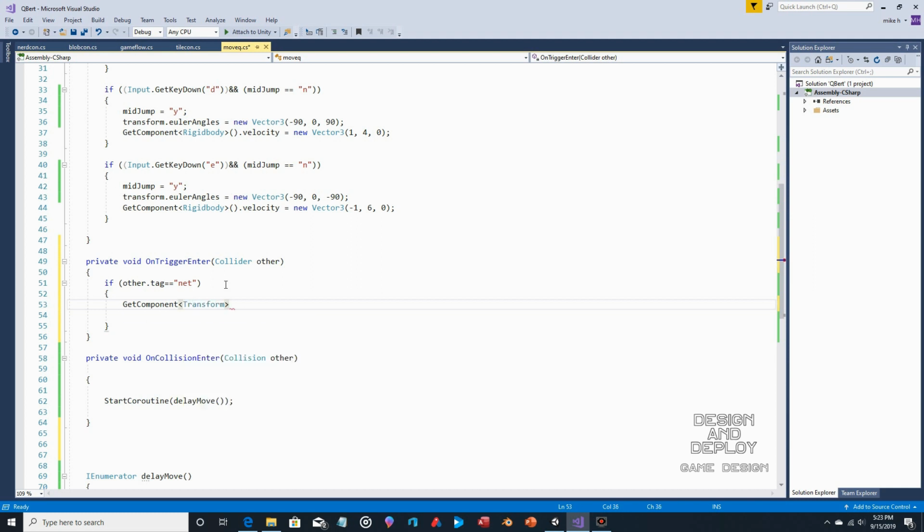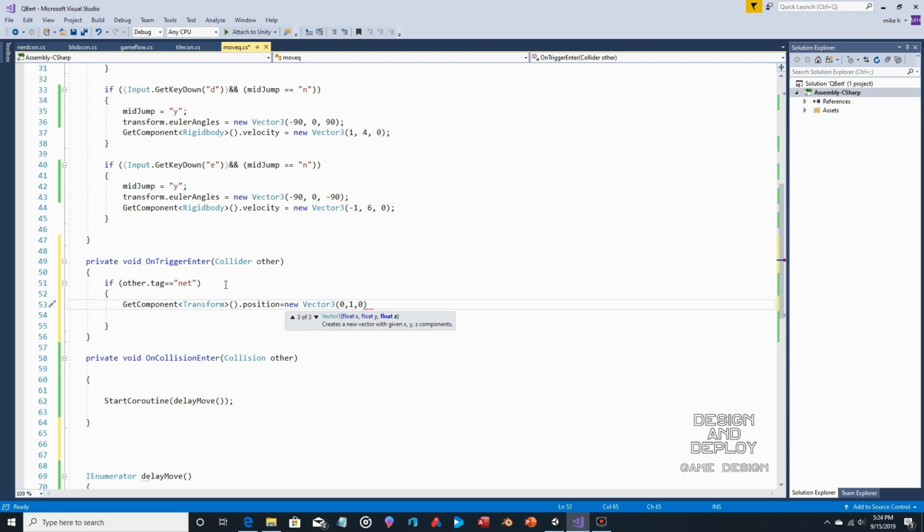Transform dot position equals, again, 3 coordinates, 3 vectors. And I believe we said it's 0, 0, 0 for the top tile, but we want them to appear above the top tile. So we will do, let's do